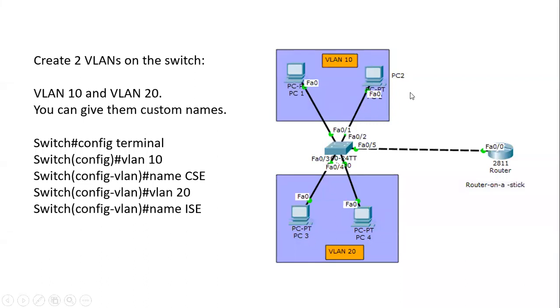So if you have multiple PCs, any packet coming from this VLAN is broadcast. There's no routing table, it will only broadcast all the packets to that particular VLAN. Because it's a layer two switch, there is no routing table, so it's not going to route according to the table. It's just going to broadcast within the network.